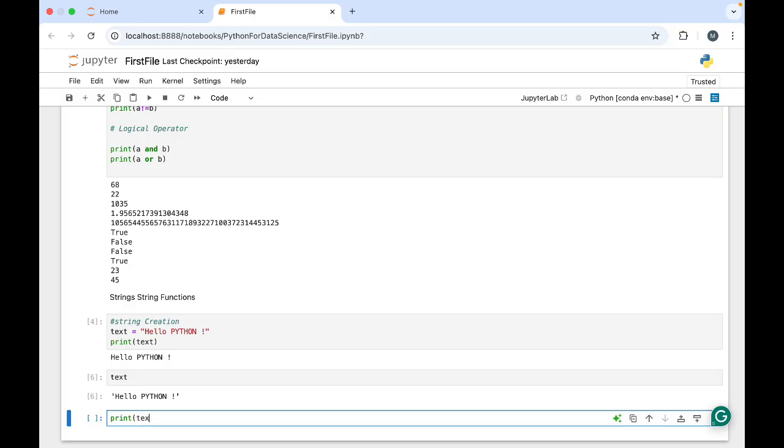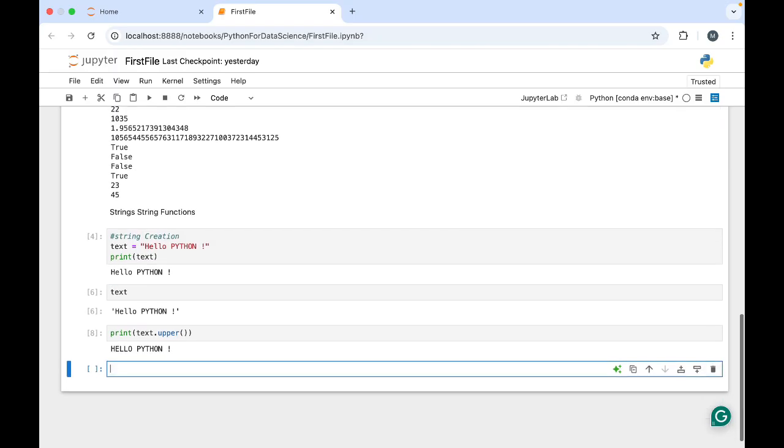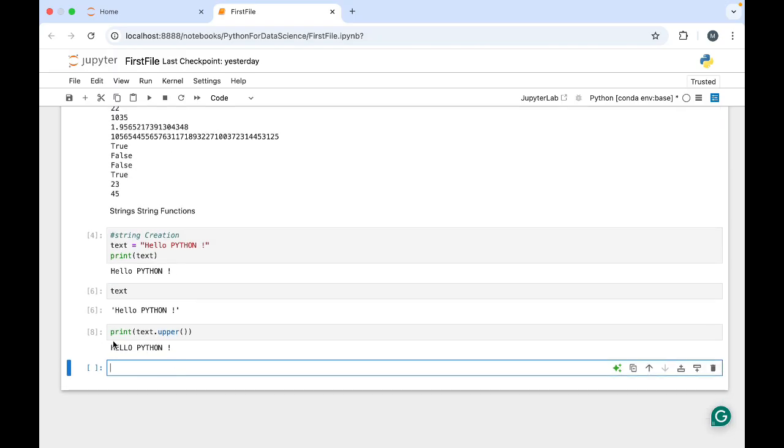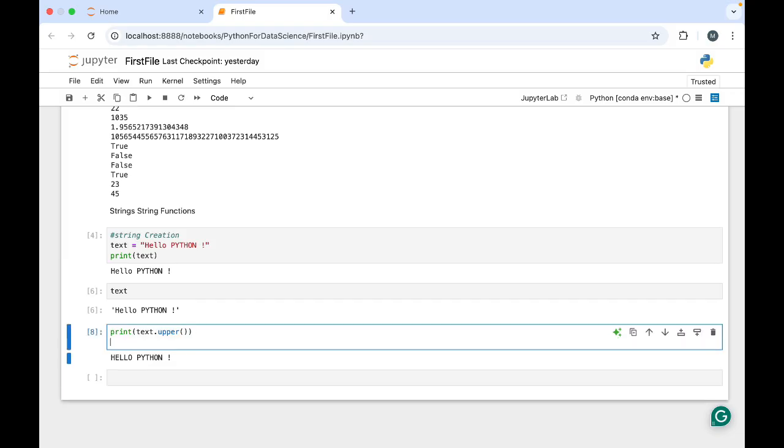print text dot upper. So now what is the output you are going to get? See, you can see this. We have got the whole string printed in uppercase. So this is the function we can use if we want. Or else next we can see that